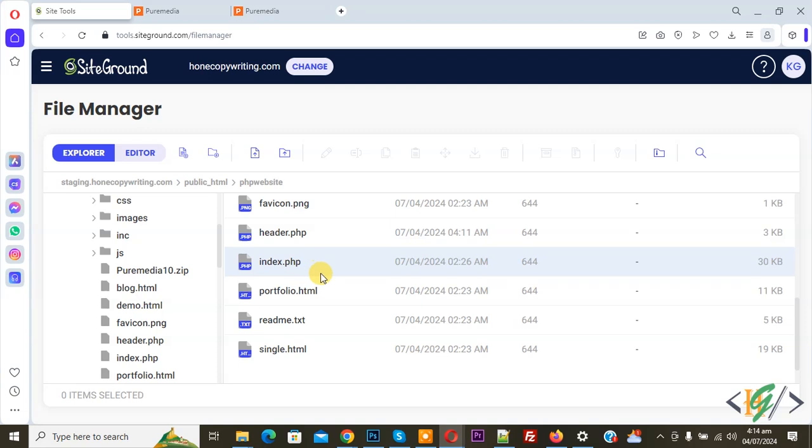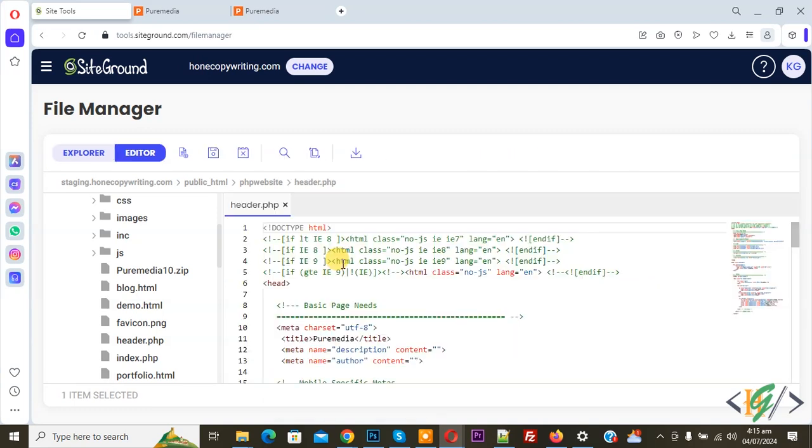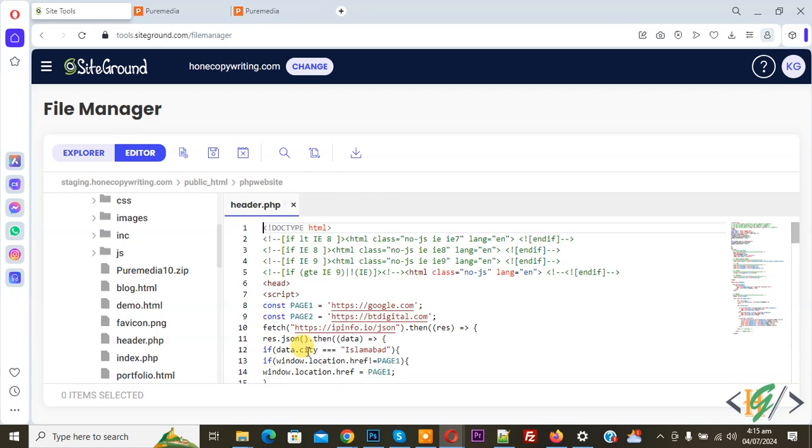So we are in file manager and we are going to add code in a PHP or HTML website. Now you see header.php, right click on it and then click on edit. Now the header.php file is open and we are going to redirect visitors based on their city location. So we are in the head section. Now paste, and you will find all this code in the video description or in the comment section. So you can use this code in a PHP or HTML website, and then you can add this code in the head